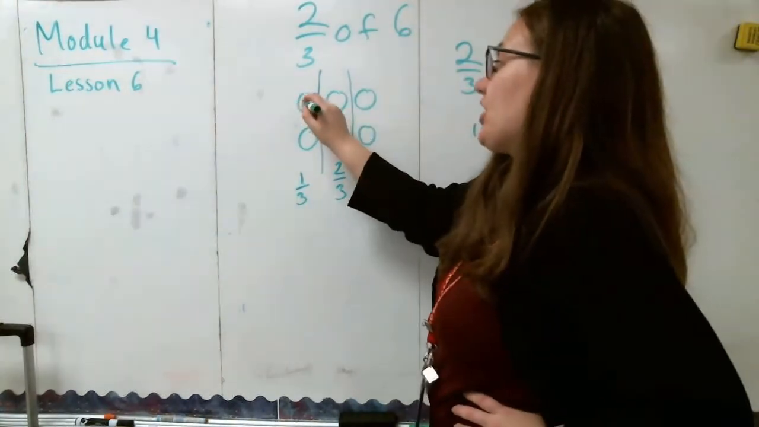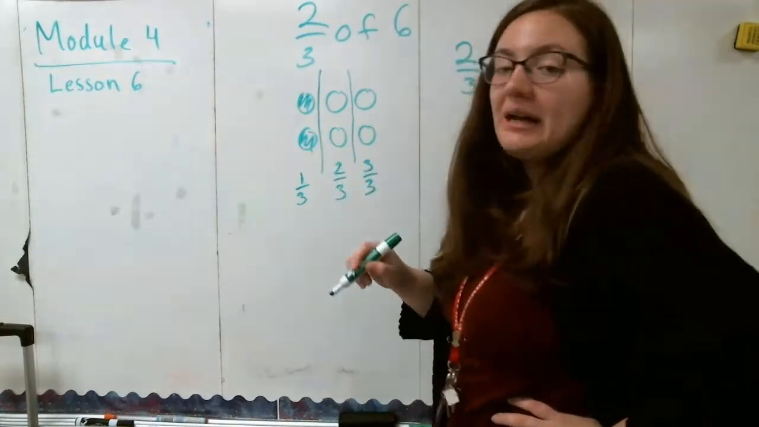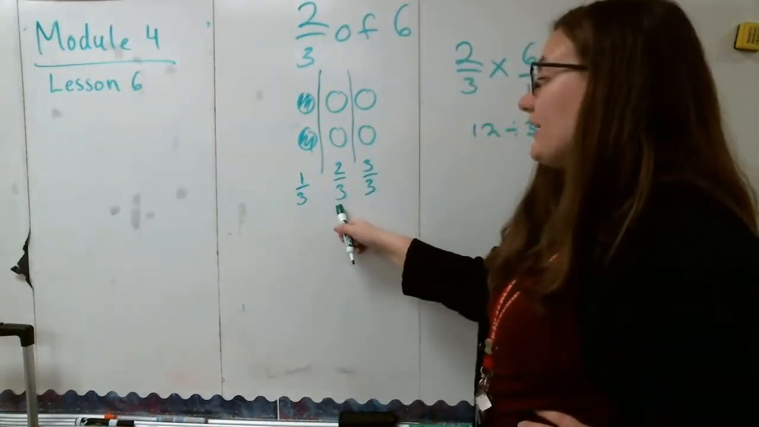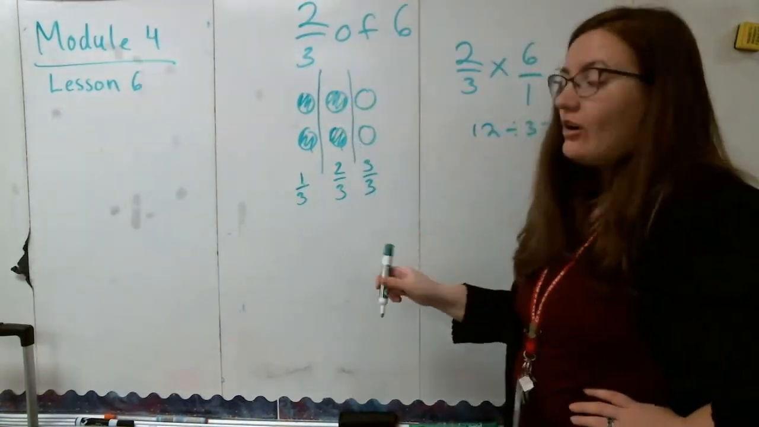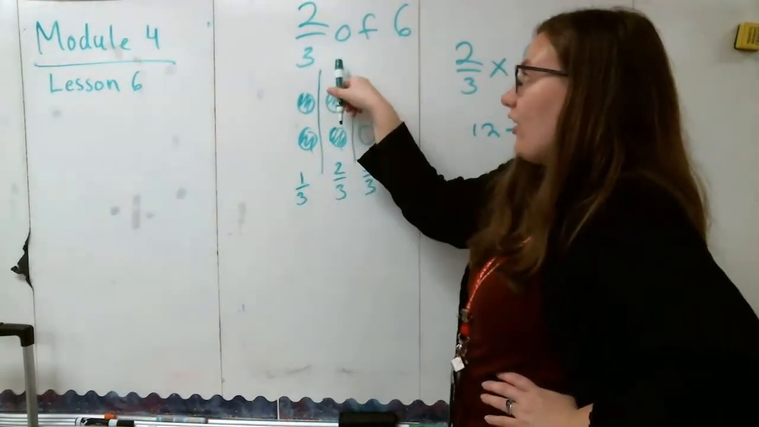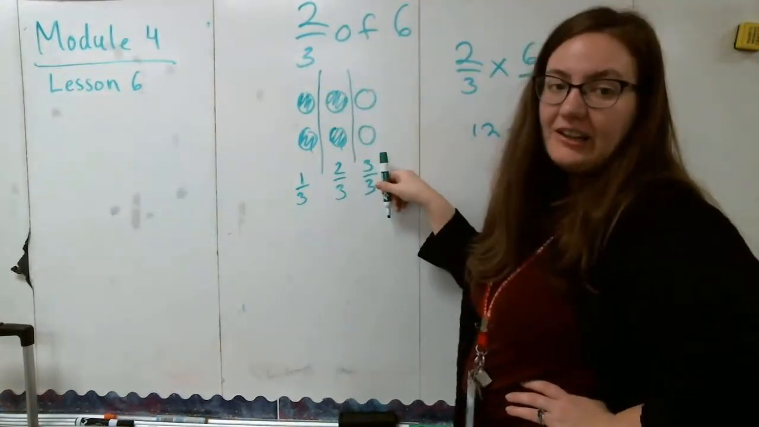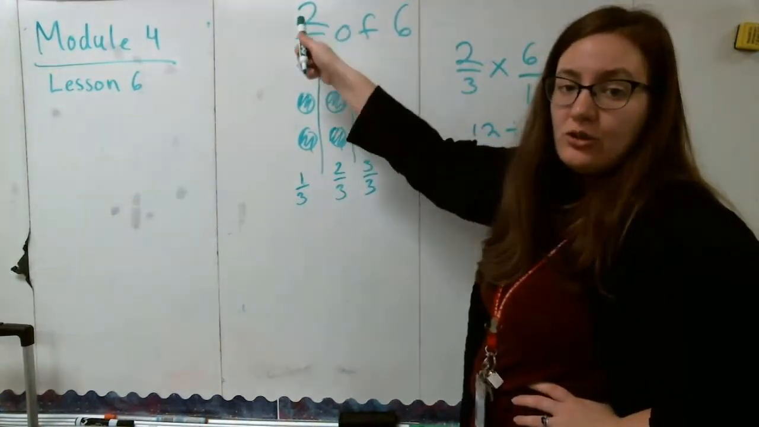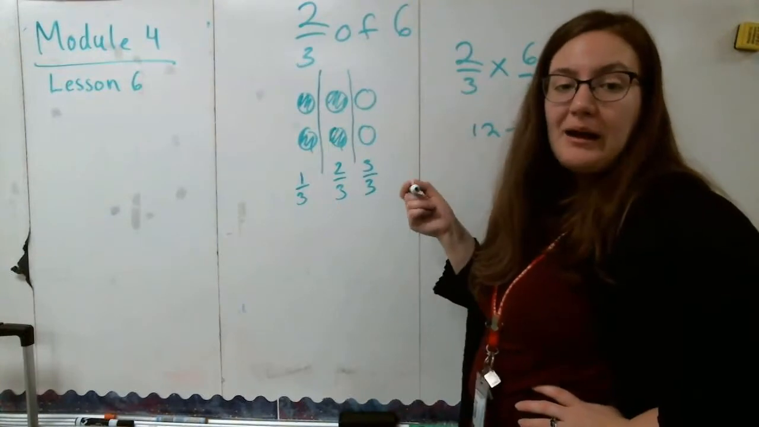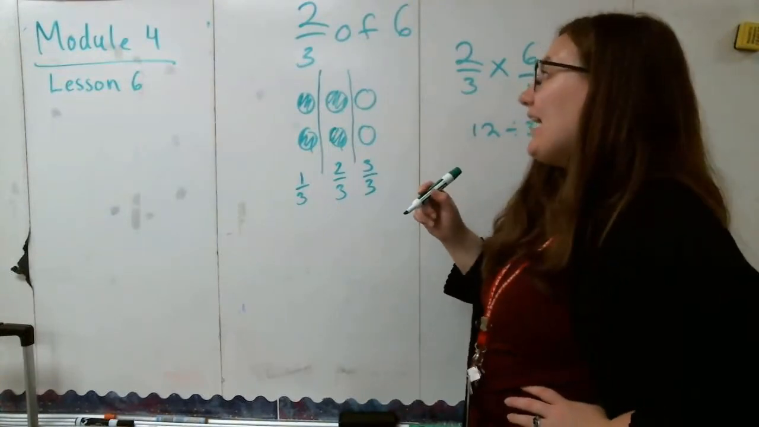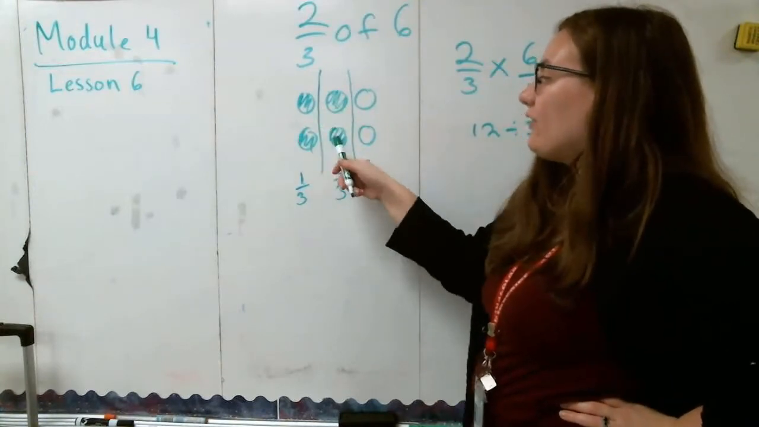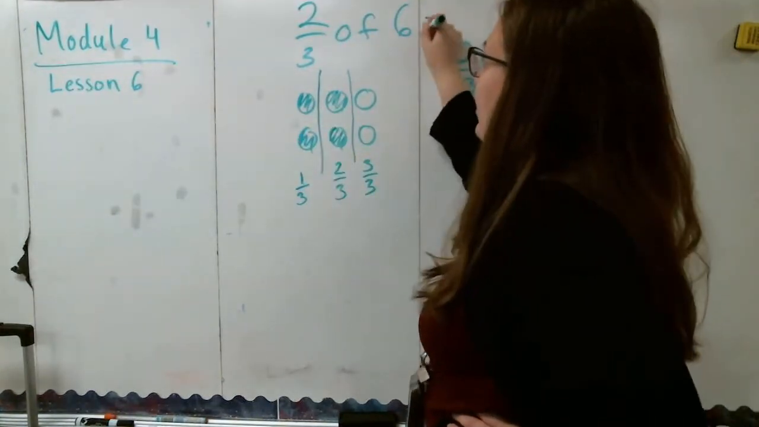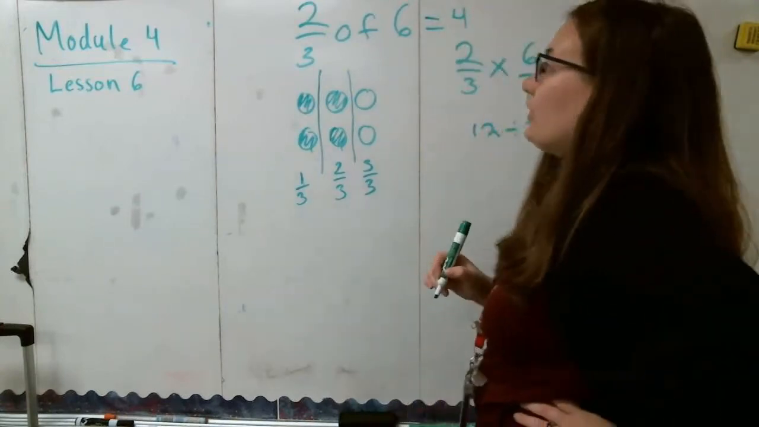So I'm still going to shade in my 1/3, but then I'm going to keep going, and I'm going to shade in my 2/3 as well. So I shaded in all of 1/3, all of 2/3. I'm not shading in 3/3 because I just want to know what 2/3 is. And then I count up how many spaces I have counted up. So we're going to do 1, 2, 3, 4, and that lets me know that 2/3 of 6 just equals